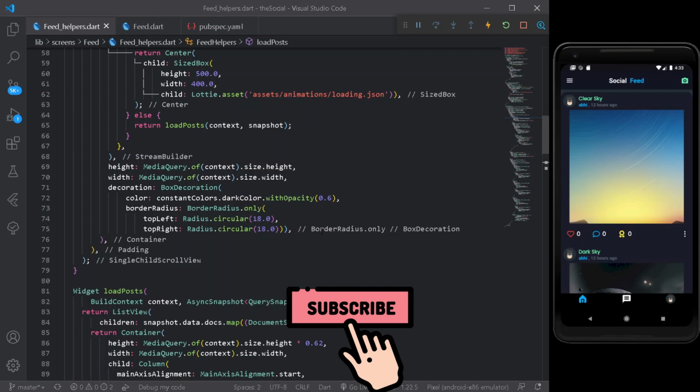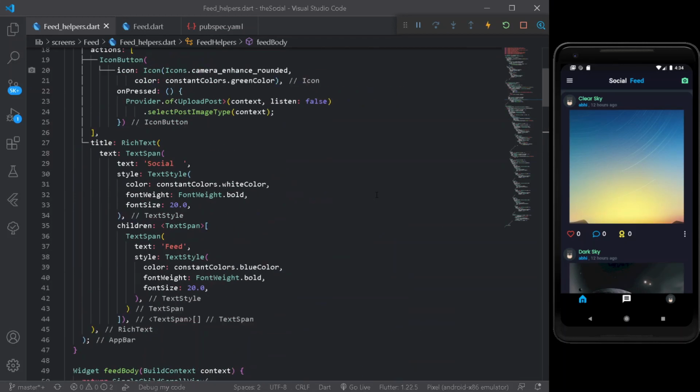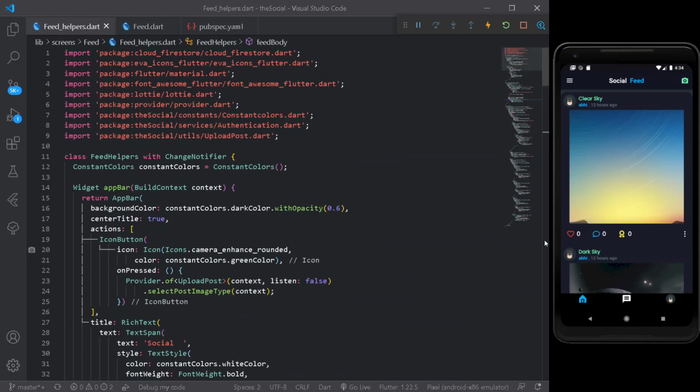Now we have completed almost a big part of our The Social today, retrieving all the posts. So I think we should keep it all for today. In the next tutorial, we are going to add the following post, also comment on it, and also give a small reward to the following user.